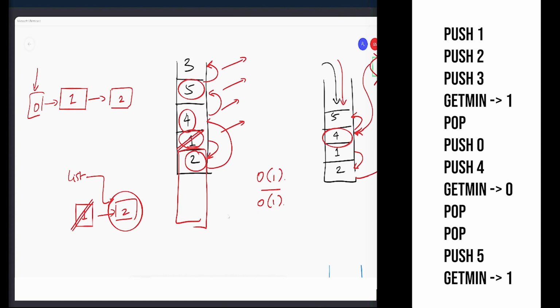The problem that the list is solving is that it contains the pointer to the next smallest element. And the other stack is solving the problem that when I pop, I know the value of the element. Do you need the value? Yeah, you need it. When you peek, that time you need to see the value of the element. So it's fine. We can even do that.